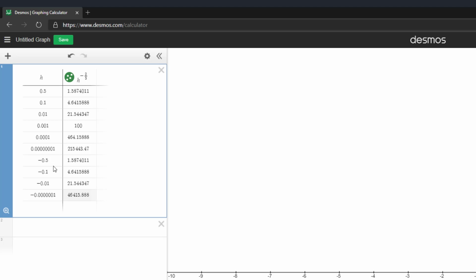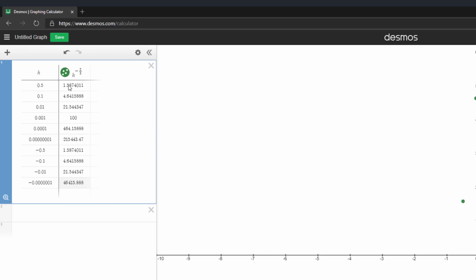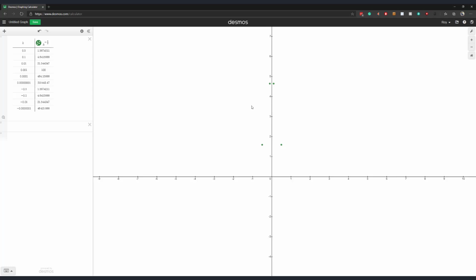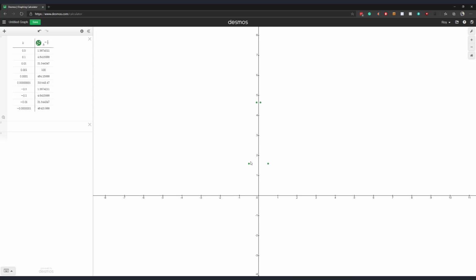The outputs are tending again to climb to some massive number, and they'll continue to climb. So this tells us that as our wiggle size gets incredibly small, our output, which is representative of our slope of the tangent line or approximation to the slope of the tangent line, tends to positive infinity. Now, if you left this green dot on, you can see over to the right here that it showcases these